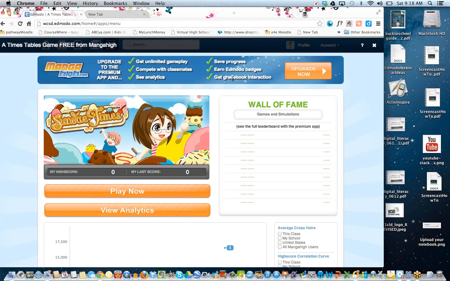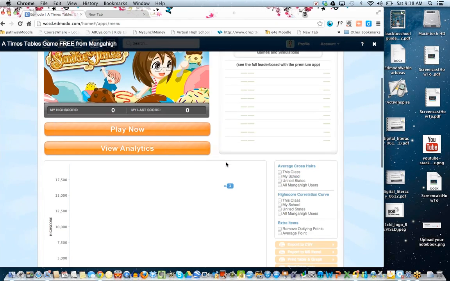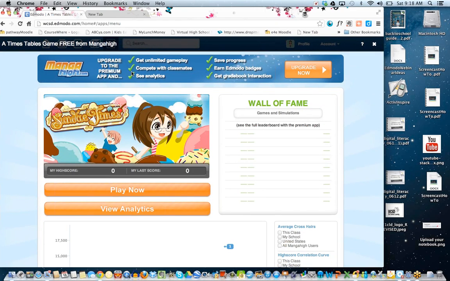And then if you upgrade, this one says it has gradebook interaction. So a lot of the free ones, again, you're going to have access to the content, but you're not going to be able to get where it will pull a lot of the gradebook information into your Edmodo gradebook. But it's nice to be able to especially play the free one and see if it's a high quality game before you buy.